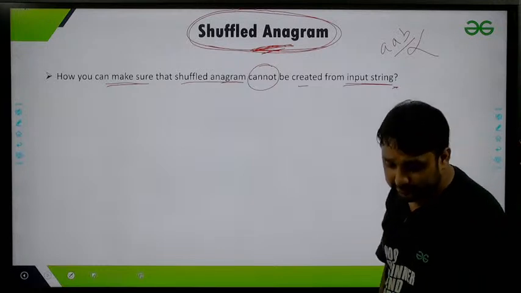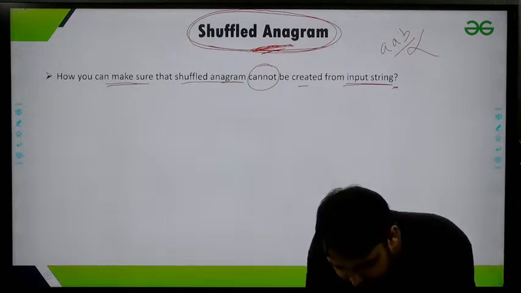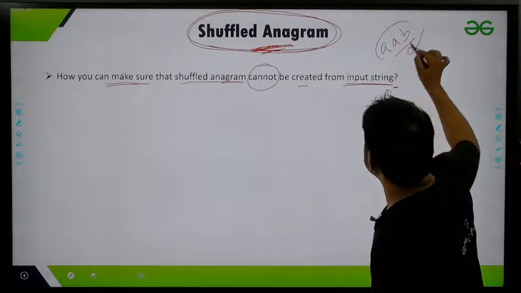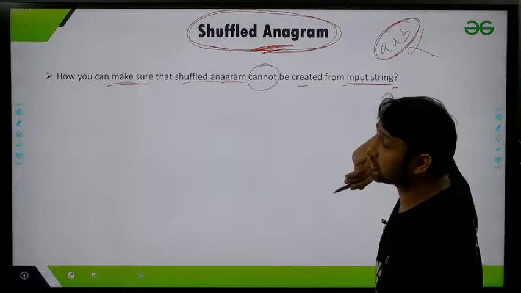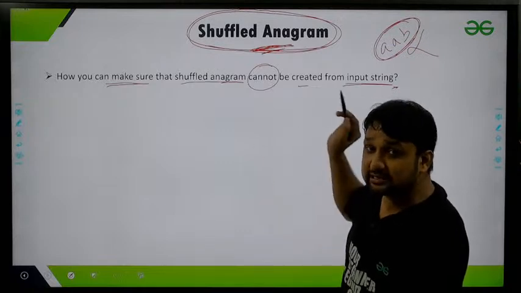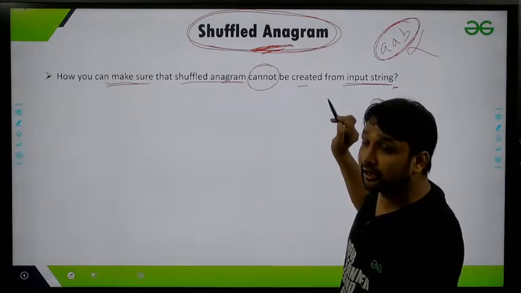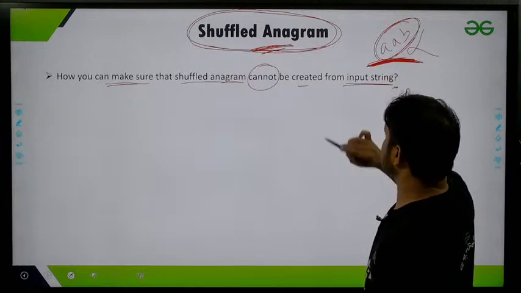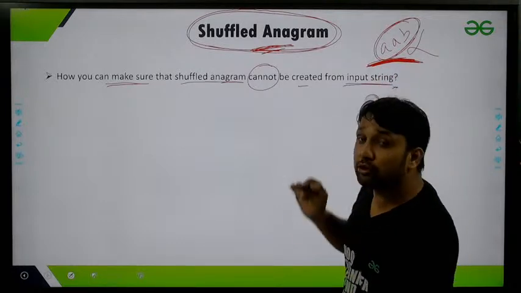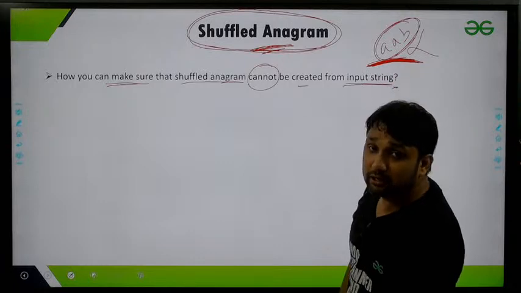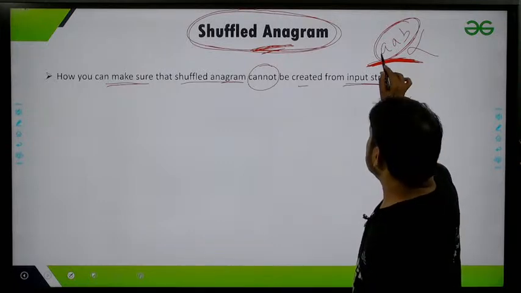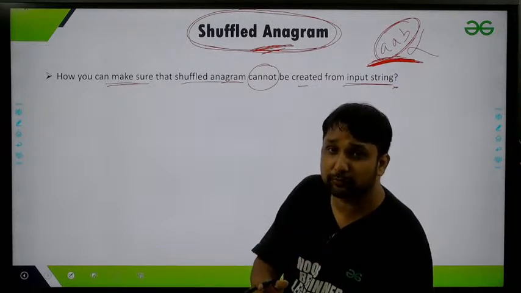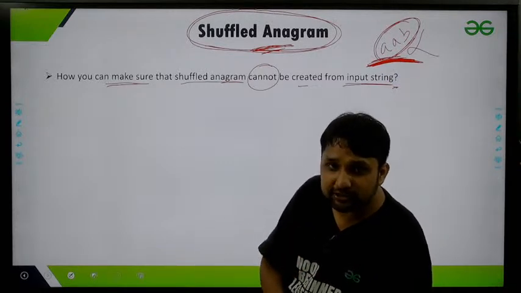Please, anybody write in the chat. Some of you gave the solution that, okay, for this particular string we cannot generate the shuffled anagram. But how are you saying that we cannot generate the shuffled anagram for this string? Were you just applying a brute force approach, meaning you were checking every combination, or